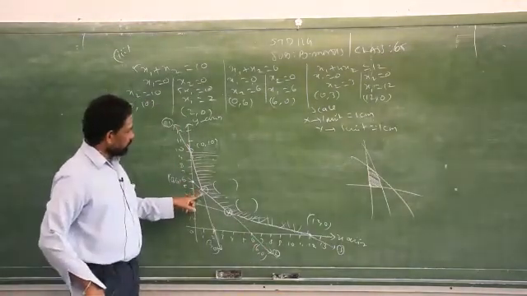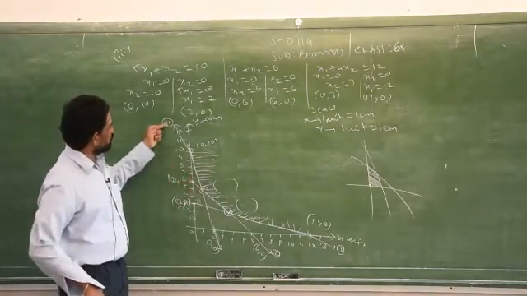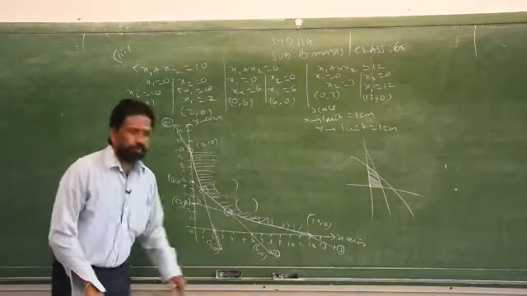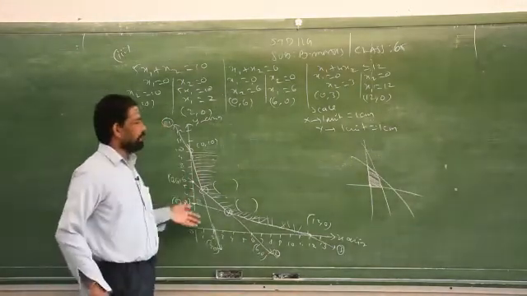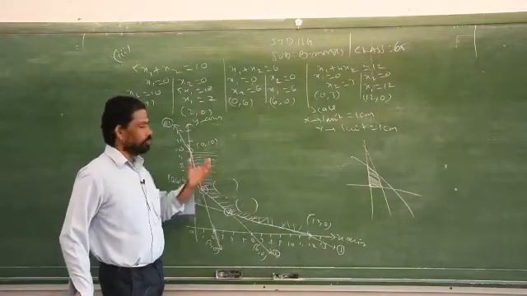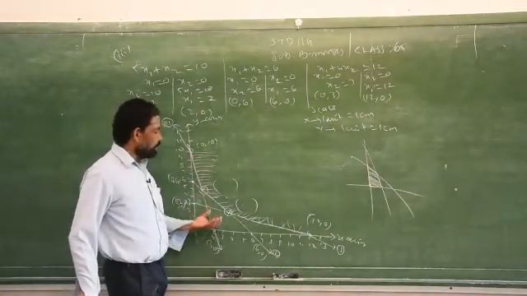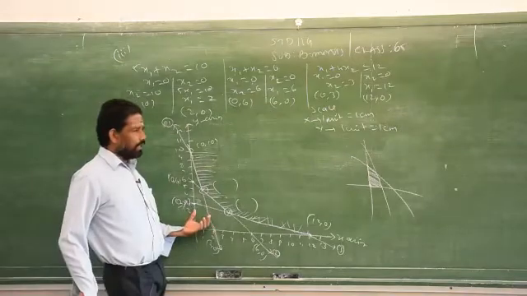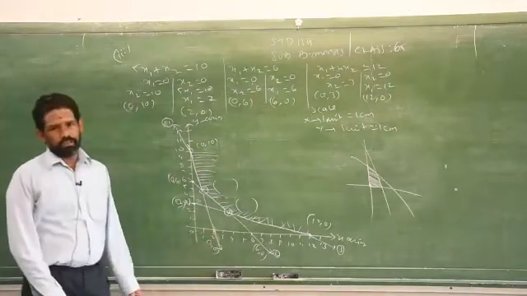So how do you find out this intersecting point? By using equation number 1 and equation number 2. That's what I told you, to mention the equation names 1, 2, 3. Clear? But if you do the graph, you can get the exact answer. Then the elimination method is not necessary.